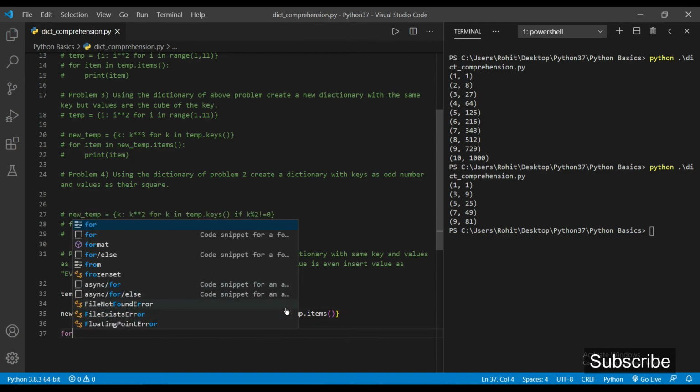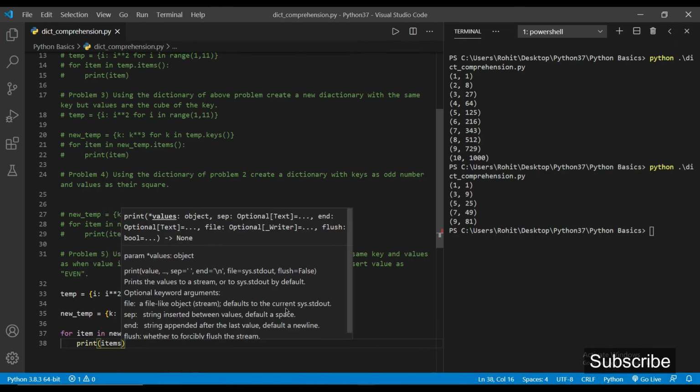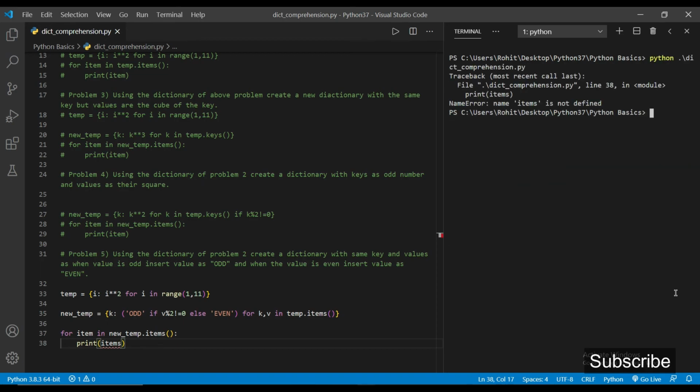Now I will be printing it, that is for item in new temp dot items, print items. Here we are getting an error, so here we have to pass item.